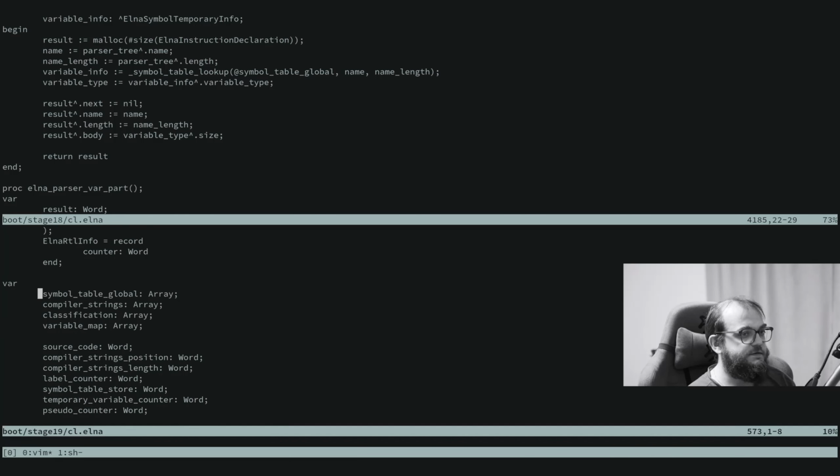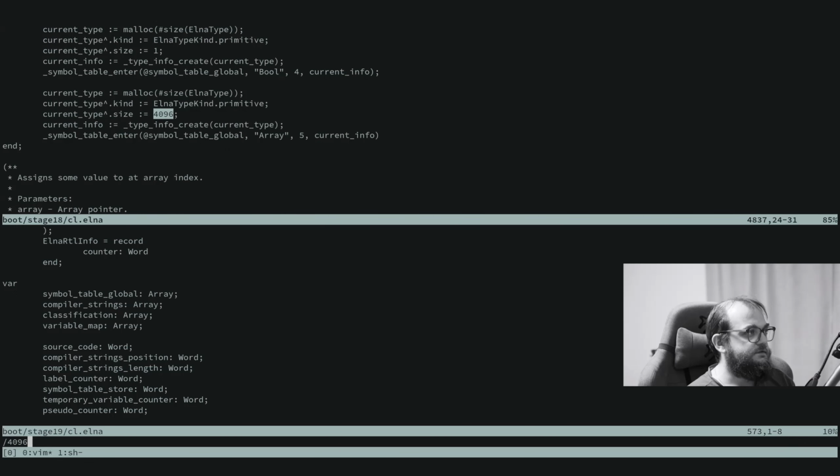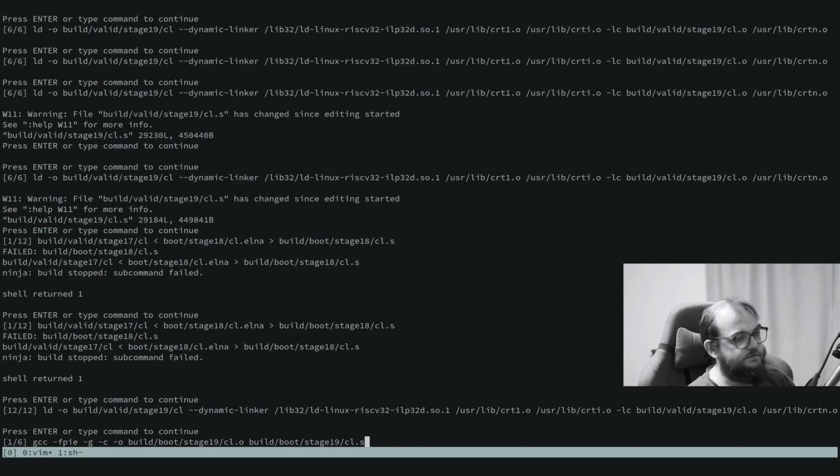So we want to replace these array types with arrays of the same size, just for the compatibility, and it was this size, and if we define it using the word size, then we would have 1024 words. And if we try to compile this,